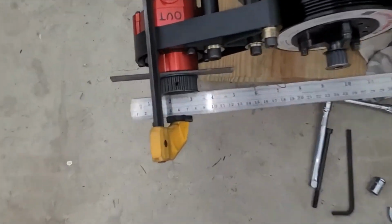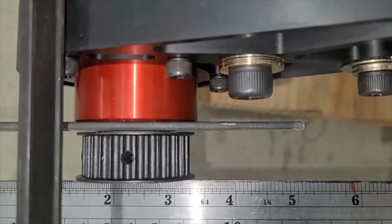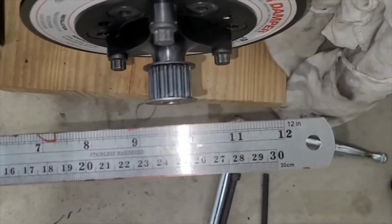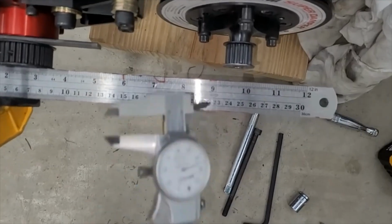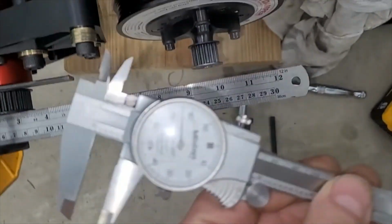All right, so we took a 1/8 inch spacer, threw it between the pulley and the pump to give us a little bit of 1/8 inch of wiggle room in that direction. Clamped a straight edge up. As you can see, the front of that pulley and the front of that pulley are not the same. Threw a caliper in here, got our measurement. Here's the number,